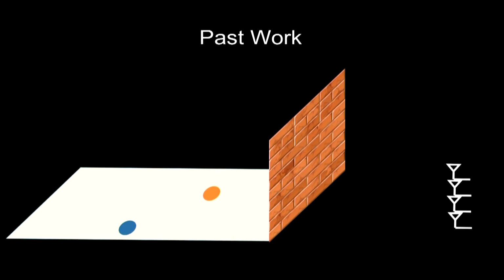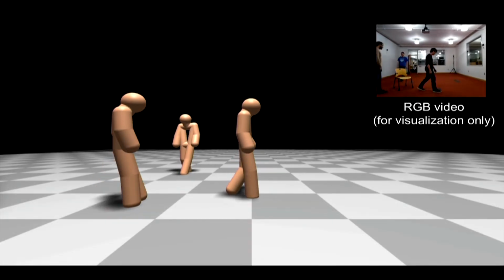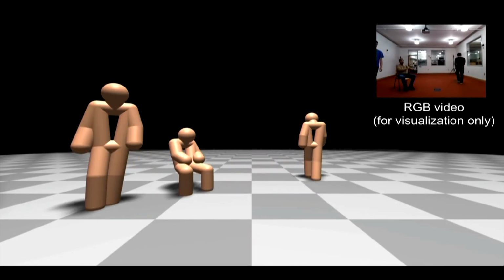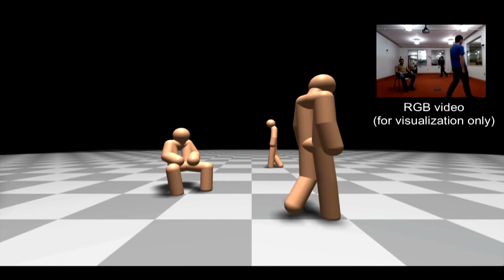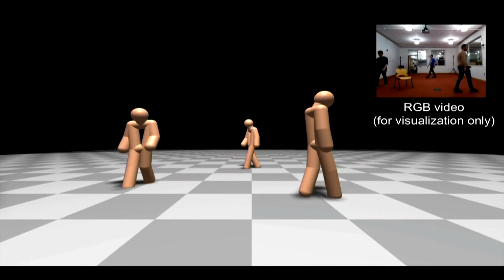I'll start by showing you some of our results, and then I'll come back and tell you how we did it. So the video I'm going to play right now is the output 3D skeleton from our system. In the corner, you will be able to see what's happening from a camera's perspective. You can now see how people are moving based on our skeleton, and you can tell whether they're sitting or standing. You have an idea of what's going on.